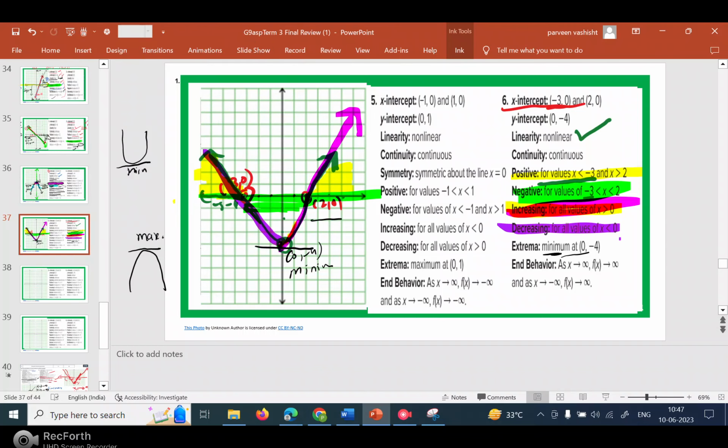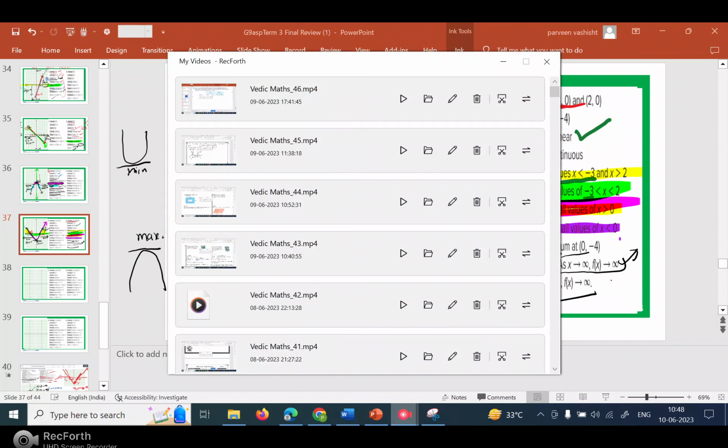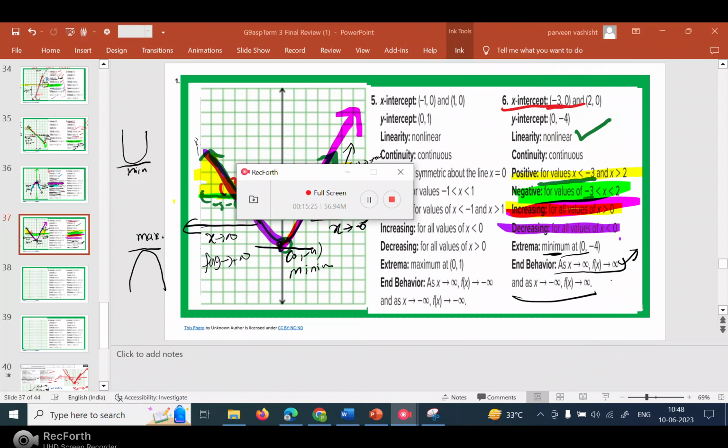Now you will see the end behavior. End behavior means when x is going to positive infinity, where is y going? f(x) is also going to positive infinity. If x is going to negative infinity, on this side, what is happening to f(x)? f(x) is again going up to positive infinity. So these are your questions number 5 and 6. I hope you understood it. So girls, you do it and